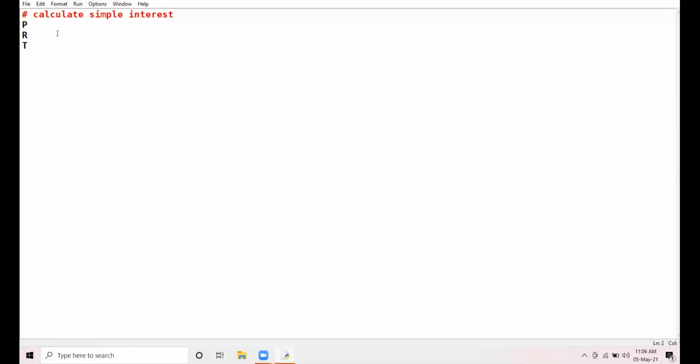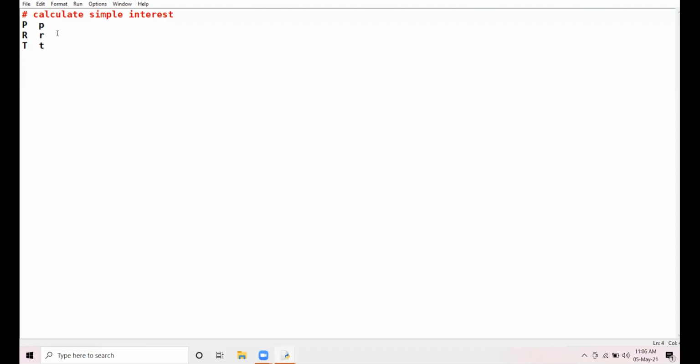I have taken 3 variables P, R, and T. If I write small p, small r, small t, they are totally different. Capital P variable has no connection with the small p variable. They are entirely different.